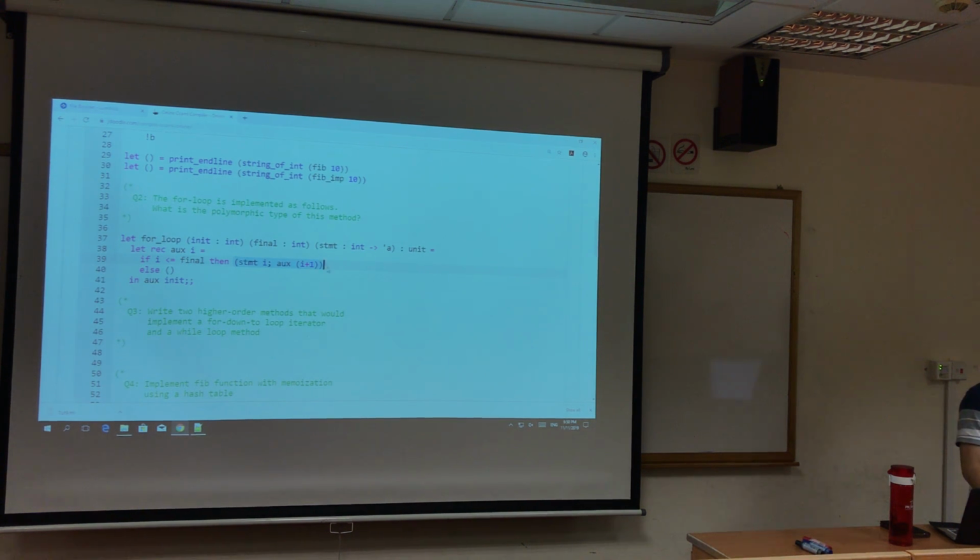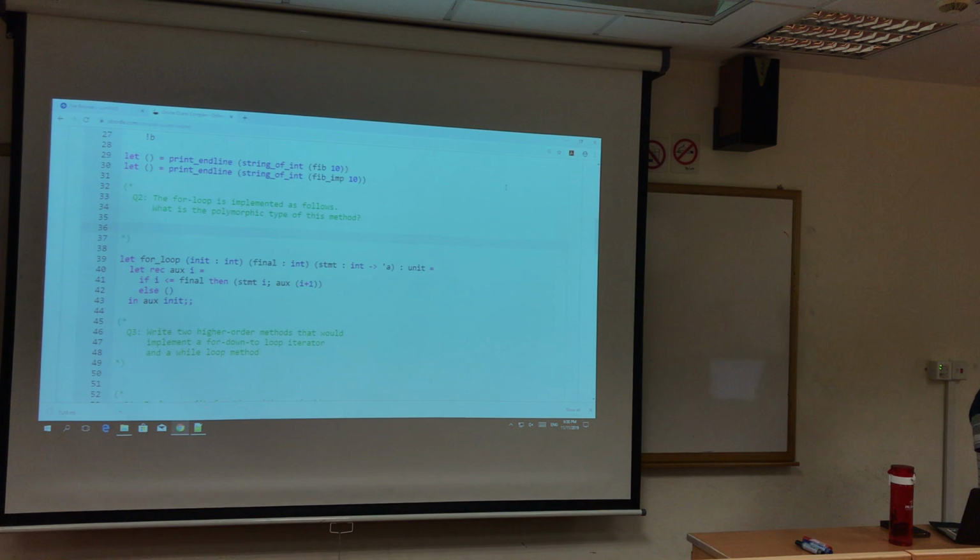That's clear, right? And the then branch only calls ops again. So by definition, no matter what happens, the two branches will have the same type, because at some point you will always just return unit. So the type of ops is basically int to unit, and the return type of ops is just the return type of for loop. And therefore the full type signature of for loop is int